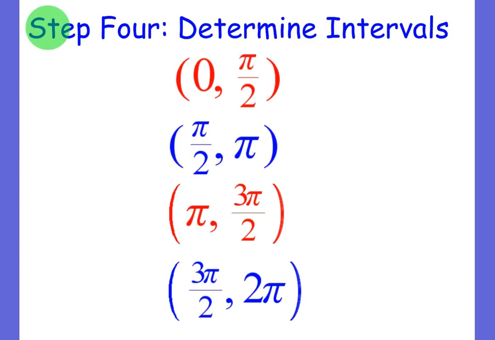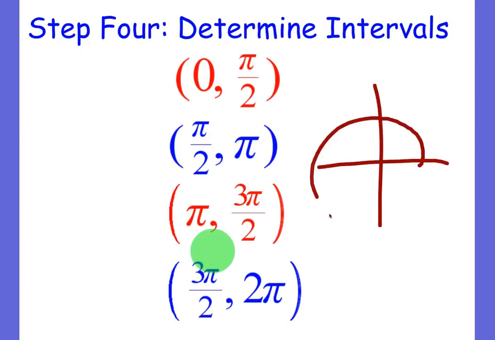Next, we're going to determine our intervals. Now here's the thing. We're going from negative infinity to infinity, but if we just do one complete revolution of the circle, we can get a good idea of where our critical values are and come up with a general formula